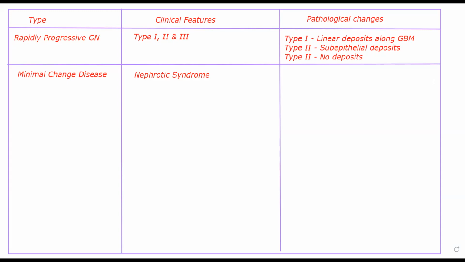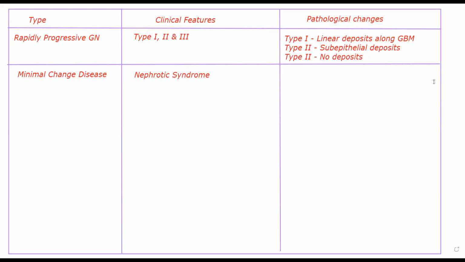Hydrostatic pressure is the pressure exerted by the same particles, wherein it is pushing fluid out of the blood vessel. So there are two pressures acting on the blood in a blood vessel. There is osmotic pressure, which is making sure fluid is inside the blood vessel, and there is hydrostatic pressure, which is trying to push fluid out of the blood vessel into tissue space. For osmotic pressure to be normal, you need constituents of blood. Some of the most important constituents maintaining osmotic pressure are your proteins. Proteins heavily contribute to osmotic pressure.